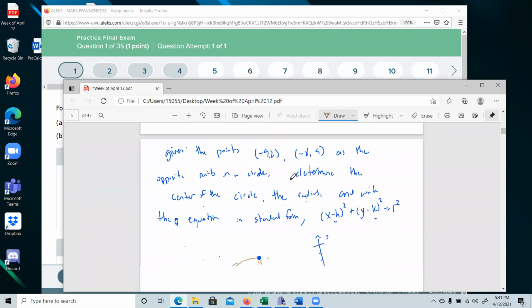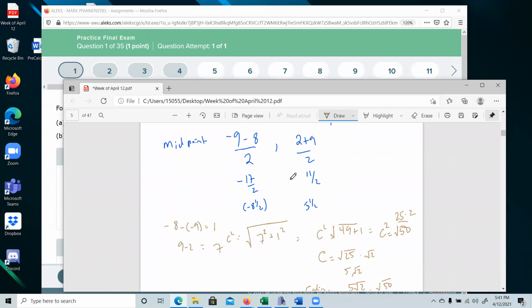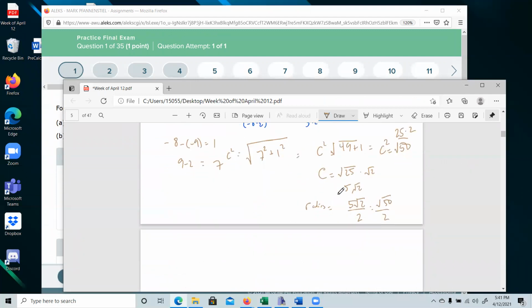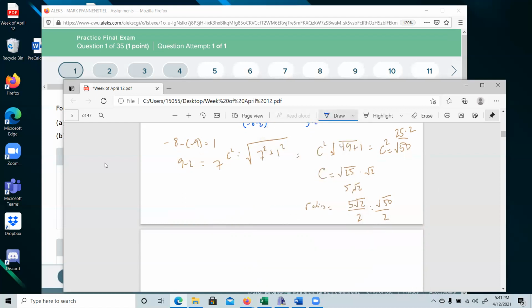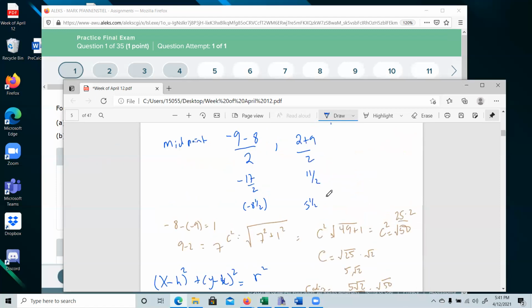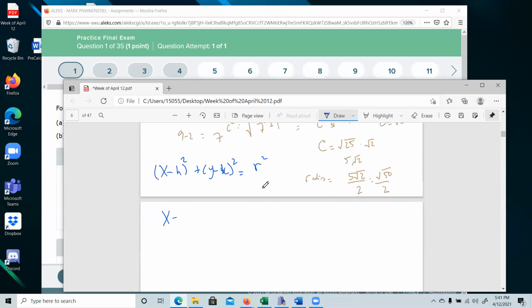Find the, no, we don't need that. Find the distance, find the midpoint. And all we're going to do now is figure out the equation of a circle. So we'll go back to blue. And that was x minus the horizontal part squared plus y minus the vertical part squared, and that is equal to r squared. So we're going to have x minus, what was the horizontal part? It was 17 halves. So minus a negative 17 halves